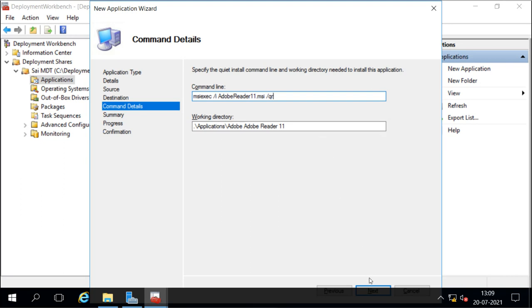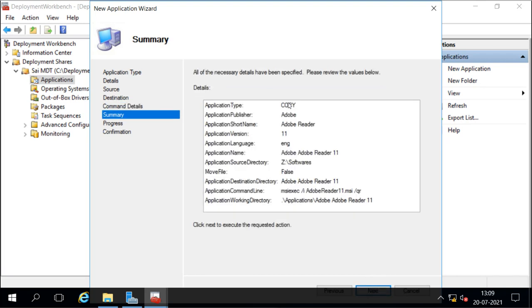Next, this is the summary of what we have selected. Now when you add this, it is going to add to all those versions we have. For example, if we have added 4 versions here: Data Center Core, Data Center Graphical, Standard Core and Standard Graphical, this application will be added to all. So I will say yes, I want that.